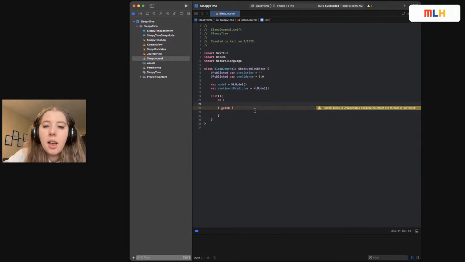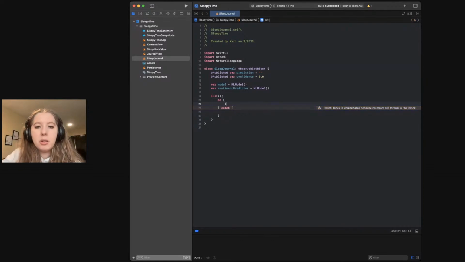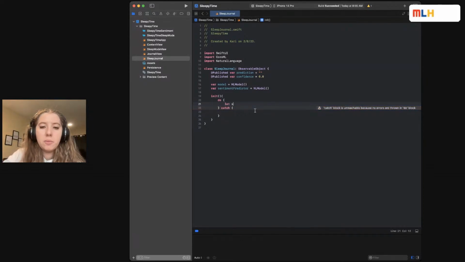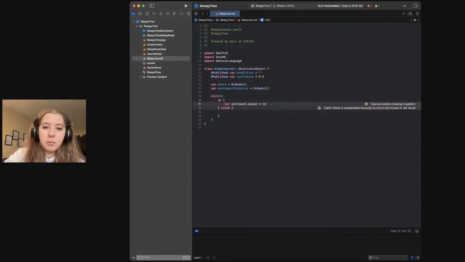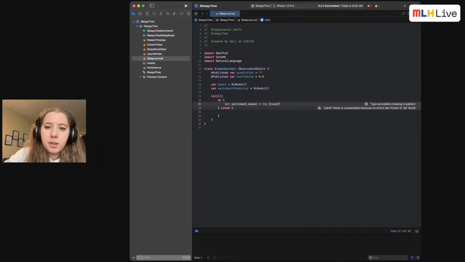And then within here, we'll try to do a couple of things. So what we'll do is we'll try to create a sentiment model. The way that you declare variables in Swift is very similar to Python, if you know that. It's just let and var. You don't need to declare types. It can figure it out. So we'll create a sentiment model, and then we'll try to use sleep sentiment analysis, or SleepyTimeSentiment in our case, with the configuration